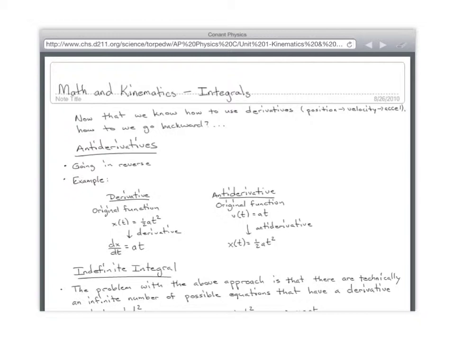2. What's the derivative of 2x plus 3? 2. What's the derivative of 2x plus 7? 2. What's the derivative of 2x plus 52? 2. What's the derivative of 2x plus 0? 2. Derivative of 2x minus 10? 2. Okay, so the point is,